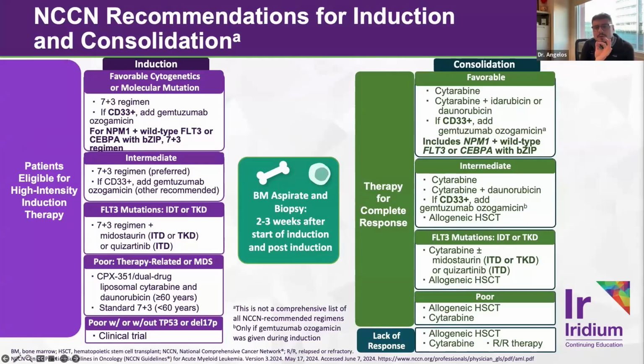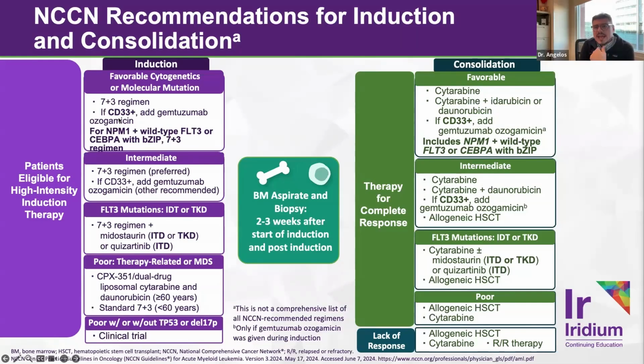So in terms of the actual first-line treatments that we use, again, the key takeaway message here is that it's really important to appropriately risk stratify patients to choose the correct therapy. So in general, if patients are considered to be eligible and we think the AML is biologically appropriate for high-intensity induction, then a regimen like 7+3, which is cytarabine in combination with an anthracycline, is still routinely offered.